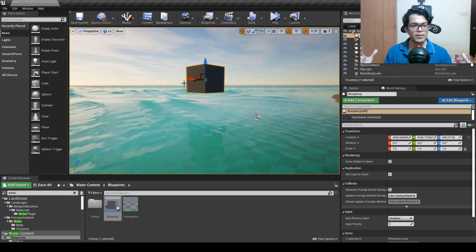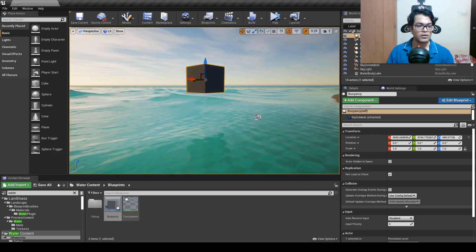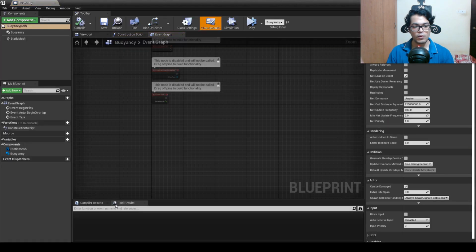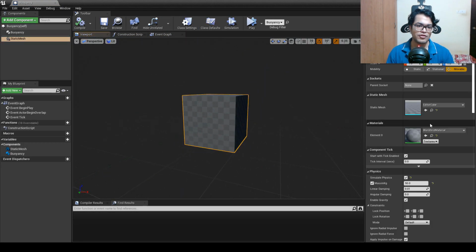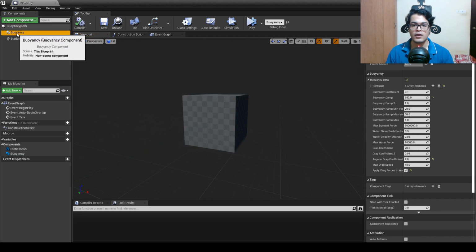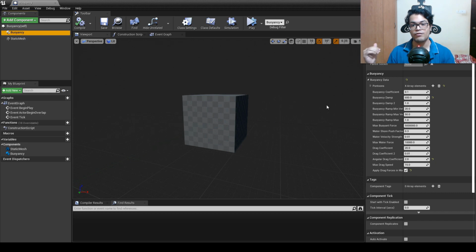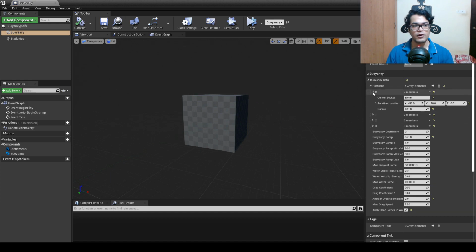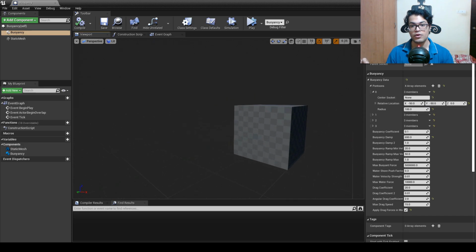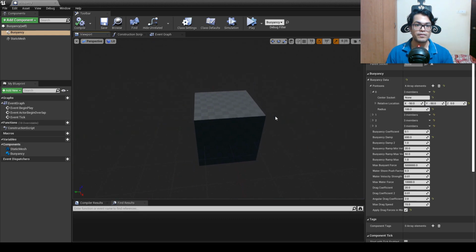Okay, so now let's go in the blueprint and see how this works. So double click to open the blueprint, and in the blueprint we have a static mesh. This is just a default editor cube, and we have a new component here, and this component gives you the ability to float on water. So this is sort of experimental, as I told you. So how this works is, you set up some anchor points, and the relative position of those points will be used while it's calculating all of that floating stuff.